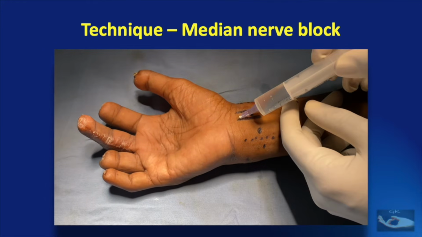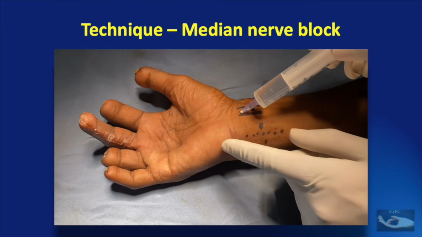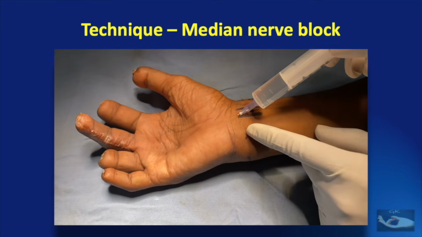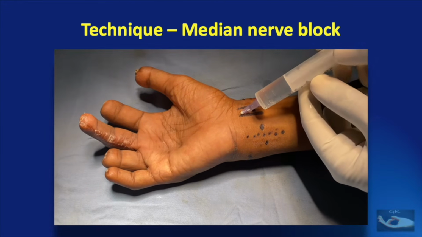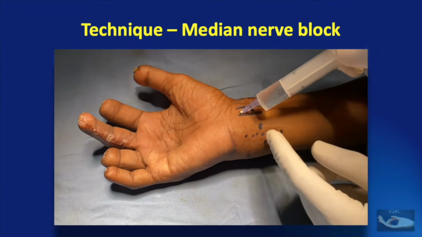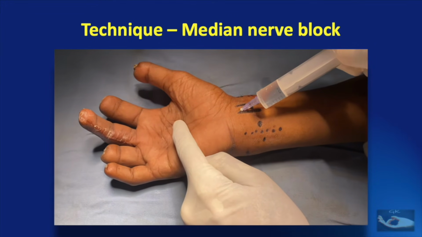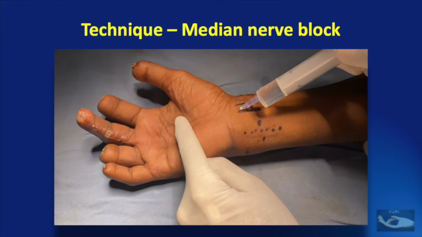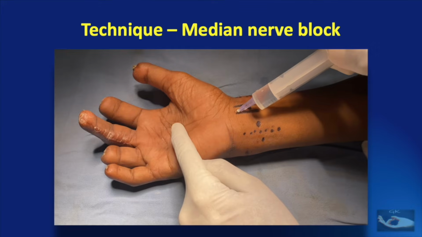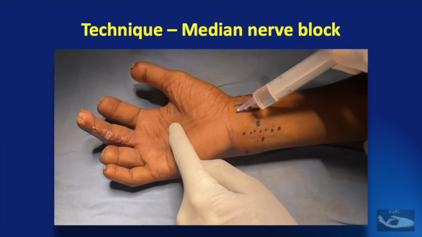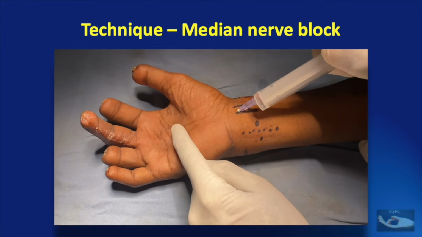After the needle is inserted, we should make sure that there is no movement of any of the fingers, in which case it would mean that the needle is inserted into the tendons that are also a component of the carpal tunnel. Now the drug is injected very slowly and there should be absolutely no resistance to this injection, and this would mean that the tip of the needle is well within the free space of the carpal tunnel. While injecting, we might feel a fullness that occurs in the palm distal to the flexor retinaculum.